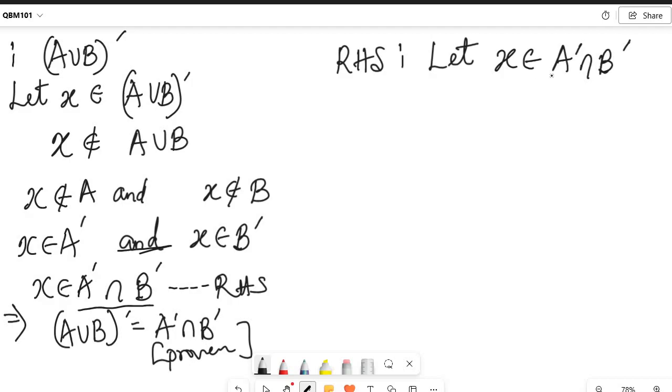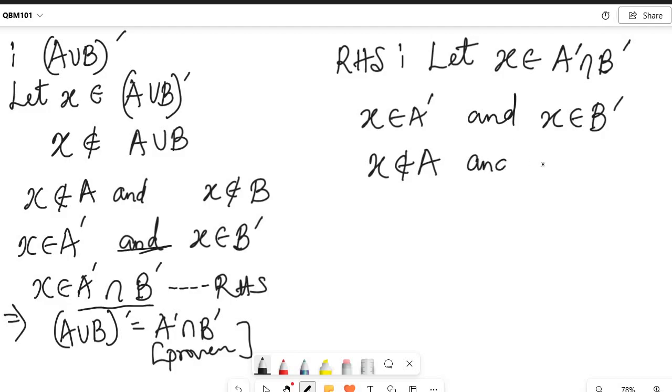Now, if X is an element of A prime intersection B prime, you agree with me that this means that X is an element of A prime and X also is an element of B prime. Now, if this is so, this means that X is not an element of A and X is not an element of B. Okay, if this is established, this means that X is not an element of A intersection B, and if X is not an element of A intersection B, it simply means that